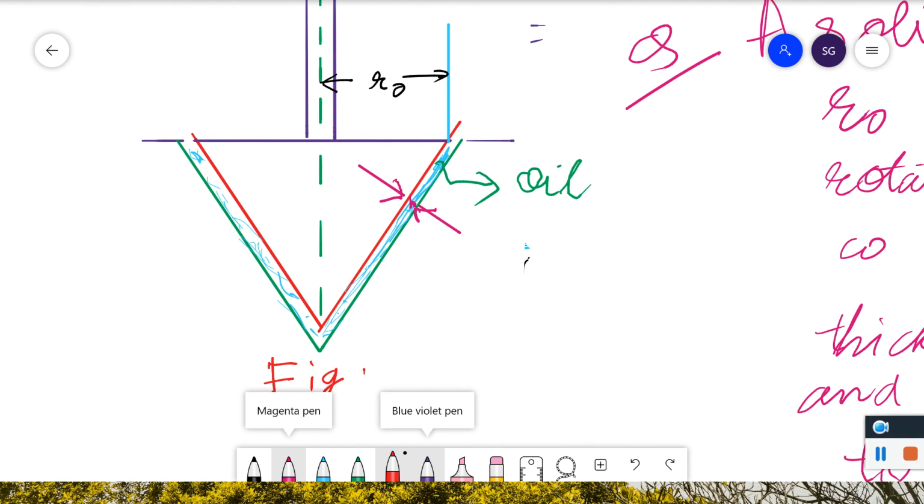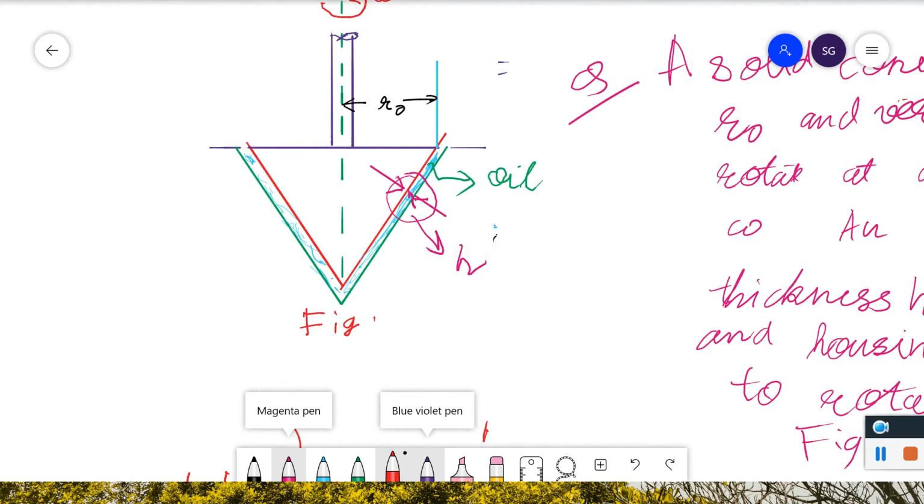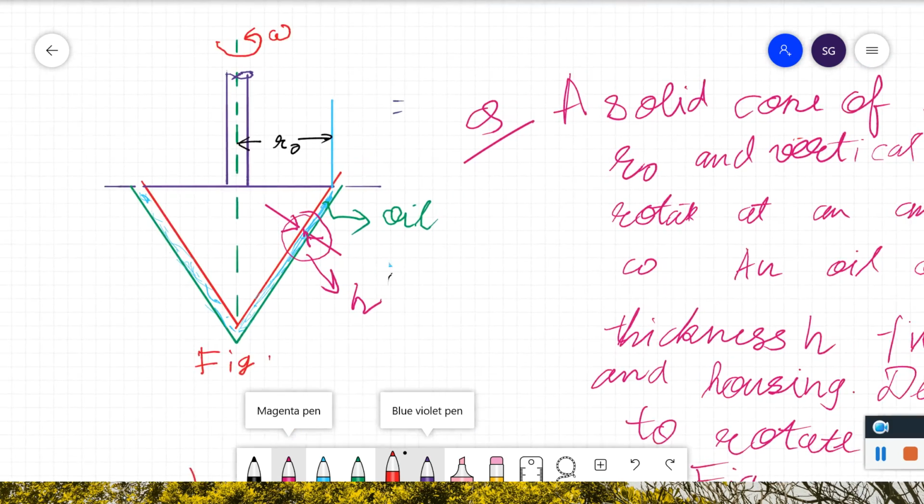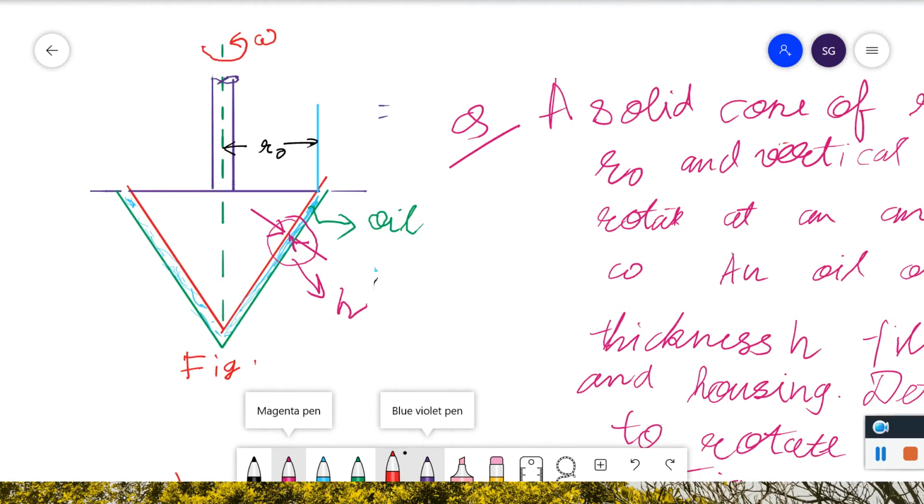This is the H. Don't forget, I will magnify it and tell you that this is the distance between this red line and this, this is H actually. Okay, so I guess the figure is clear. I don't think it will come in one page, so sorry, just note down the figure first. This is the figure, and